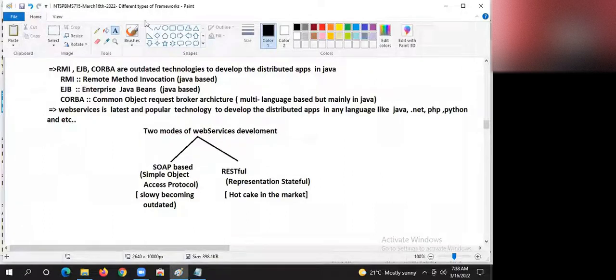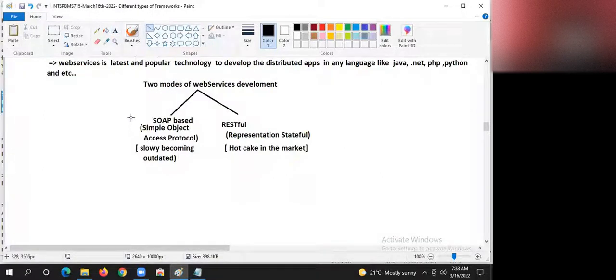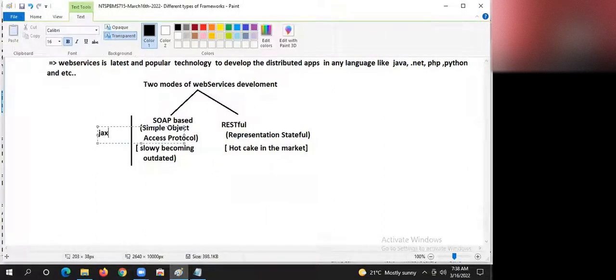Now listen, guys. In SOAP, the technology that is used is JAX-WS with XML.